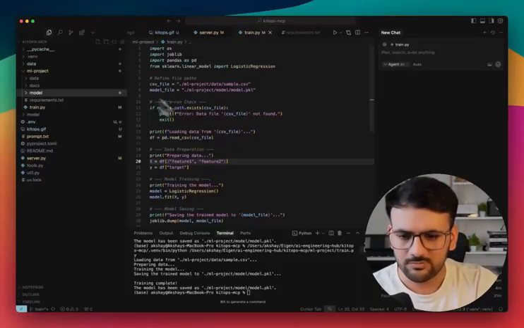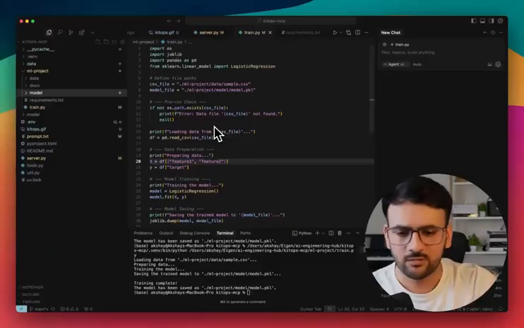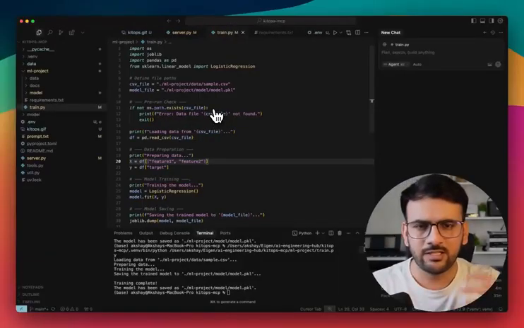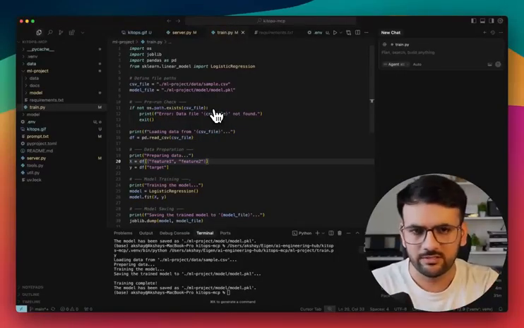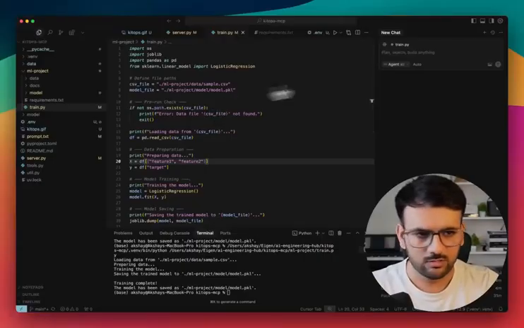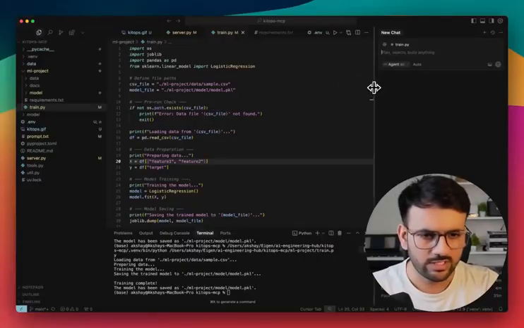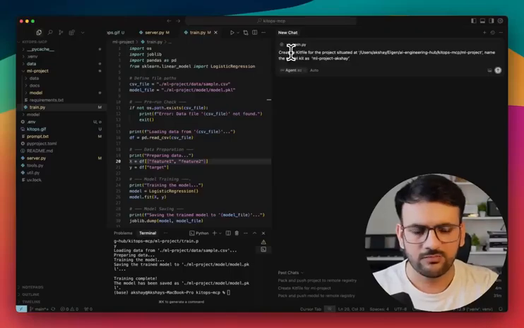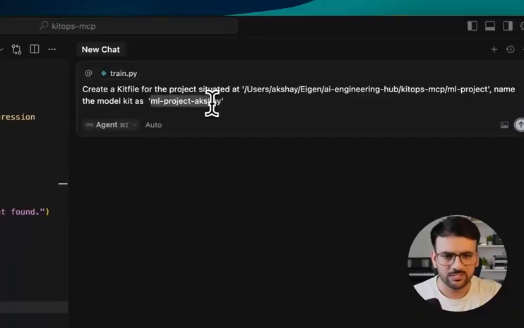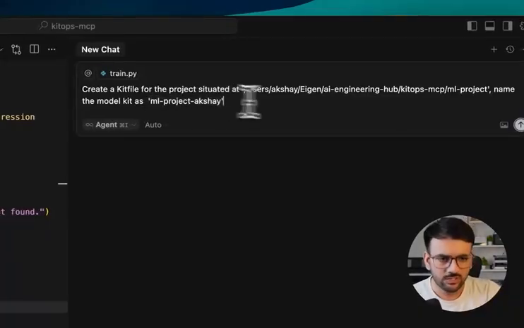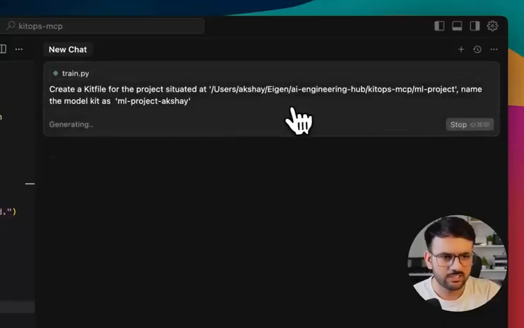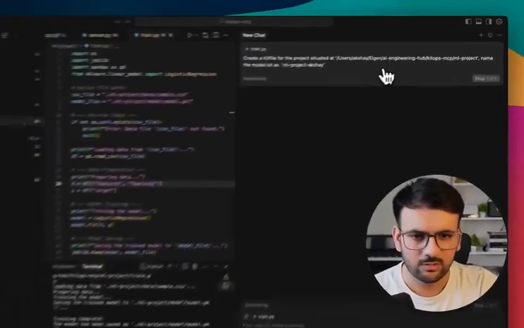So the first step would be to create a kit file for this project. And I have already integrated the KitOps MCP server here, right? So first of all, we are going to create a kit file for it. You just need to go to your agent chat, right? And we'll say, create a kit file for the project that is located here, right? And you also need to specify what the name of my model kit should be, right? So once you give this command, the agent would call the MCP tool that we have built,